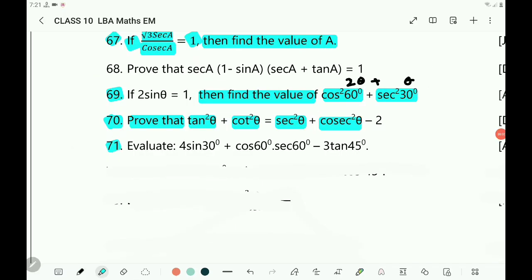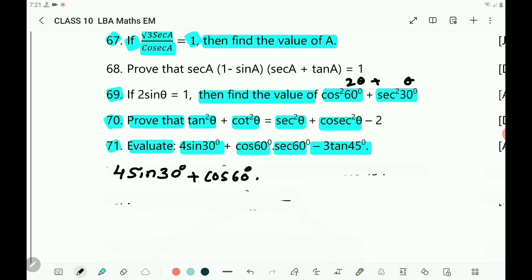Question number 71. Evaluate 4 sin 30 degree plus cos 60 degree into secant 60 degree minus 3 tan 45 degree. Here you write the given thing. We have to find the values of this given. Then you write 4 sin 30 degree plus cos 60 degree into secant 60 degree minus 3 tan 45 degree